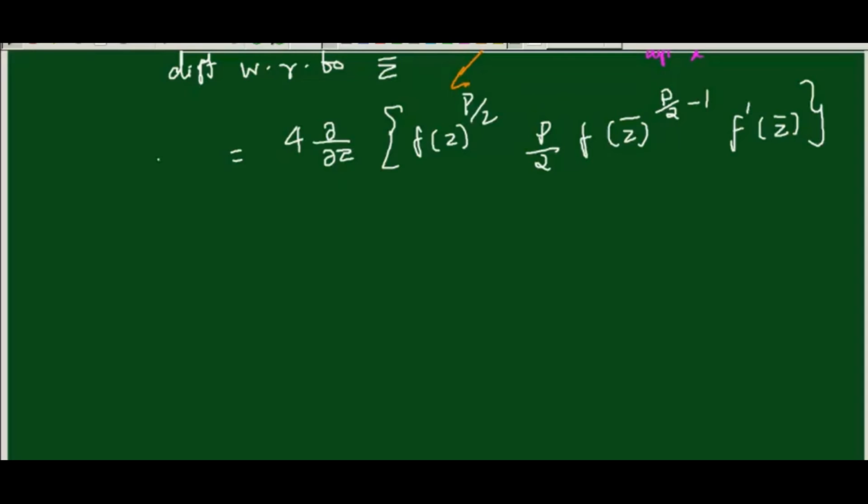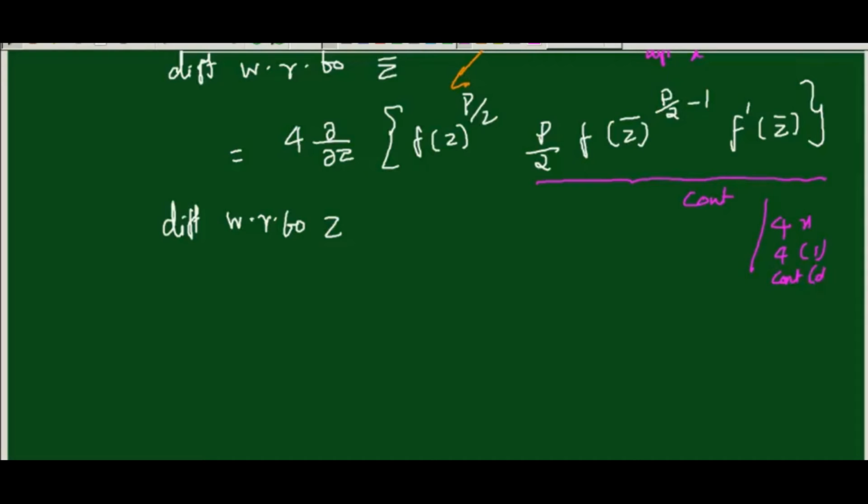Yes. Now, the same thing: differentiate with respect to z. When I differentiate with respect to z, all this other part is constant. Just as with 4 times x the differentiation is 4 into 1, it is the constant into the differentiation, so you write the constant as it is and differentiate only this function. This is a constant times this function, and now we differentiate this.